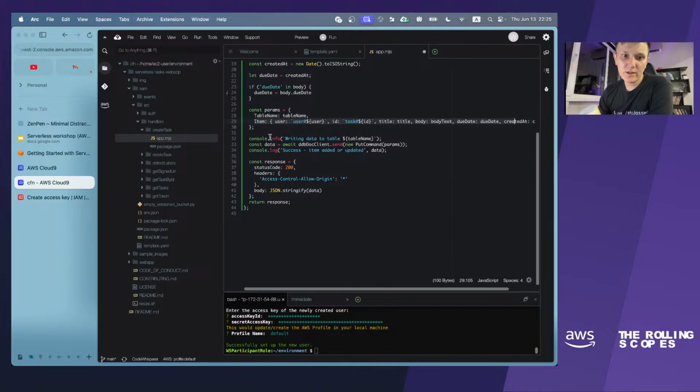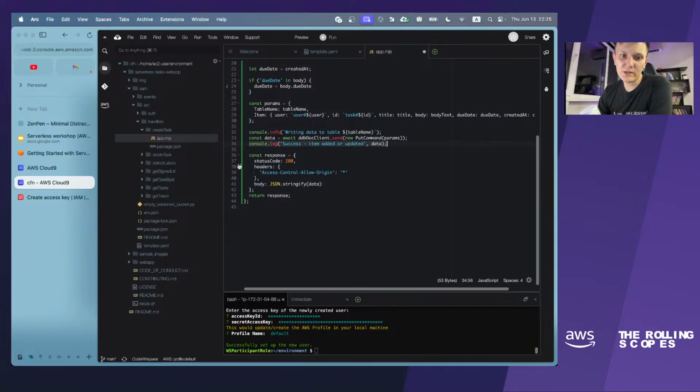What after that? Then we will put into the console one more message about starting DynamoDB operation, and then we will send put command to DynamoDB client. Okay, and in case of successful put operation, we will get this one in the console and send response object.